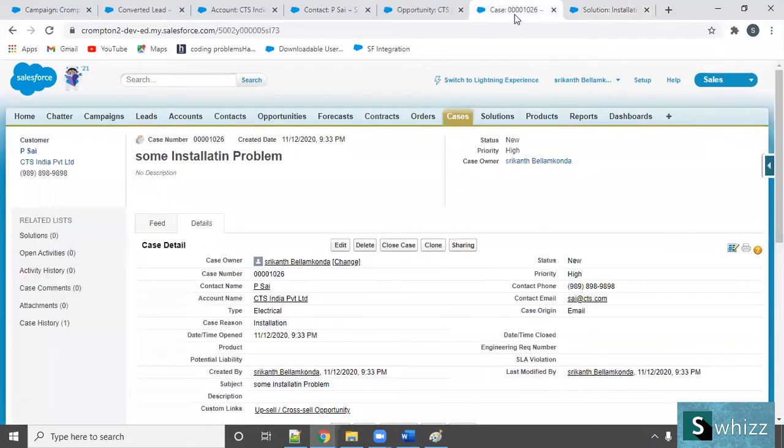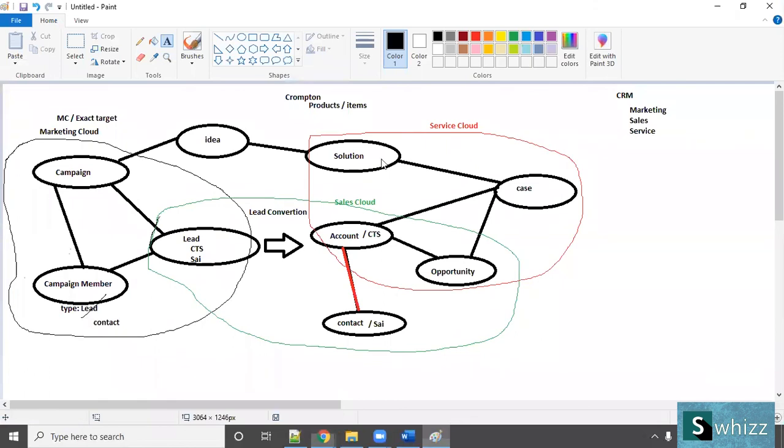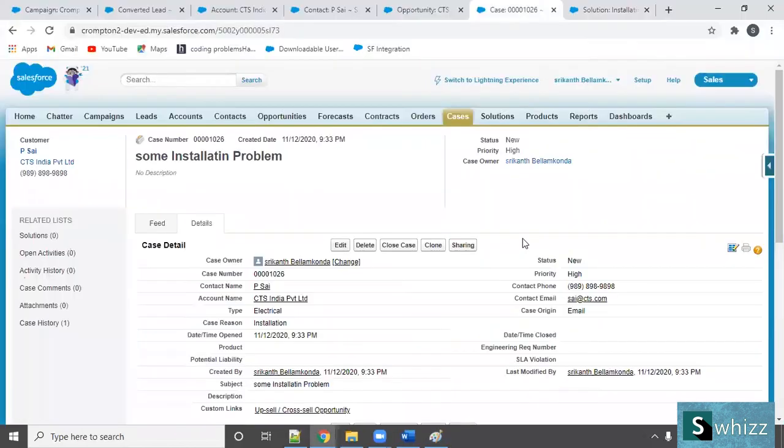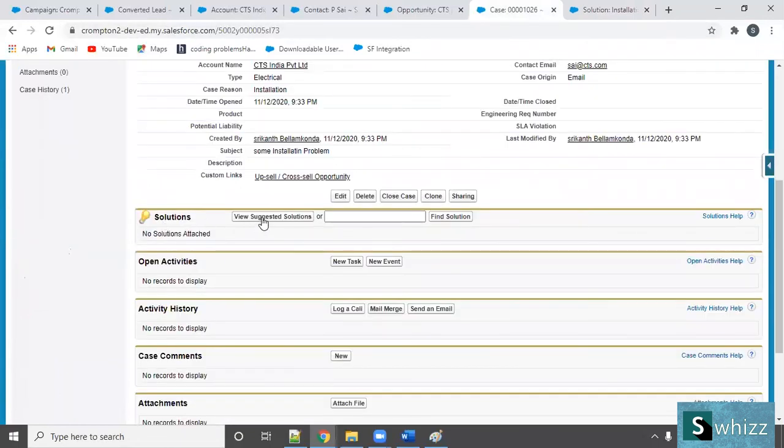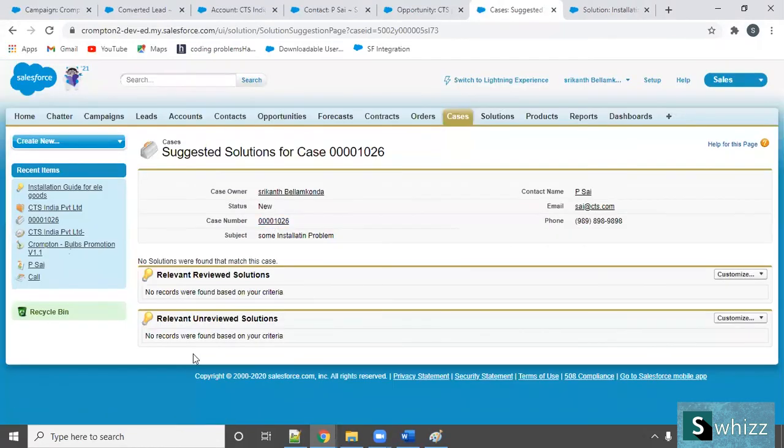Okay? Fine. So the solution came into the picture. Now come here, click on view suggested solutions, or you can enter a solution ID and find the solution. Let me click on this. Suggested solutions.